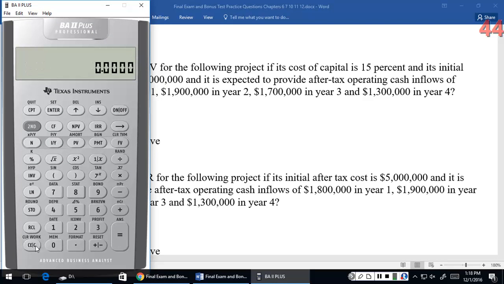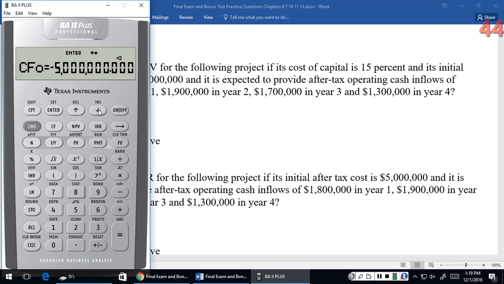All right, so for this, we're going to go to our cash flow register, the CF key. Now, once I'm here, I'm going to press the second and the clear work button in the bottom left-hand corner to clear out any old cash flows. And it tells me for number 25 that the initial investment is $5 million. So I'm going to put in here at time period 0, 5 million. The initial investment is negative, so I'm going to make it negative here and then press the enter key. So that's what I'm spending.